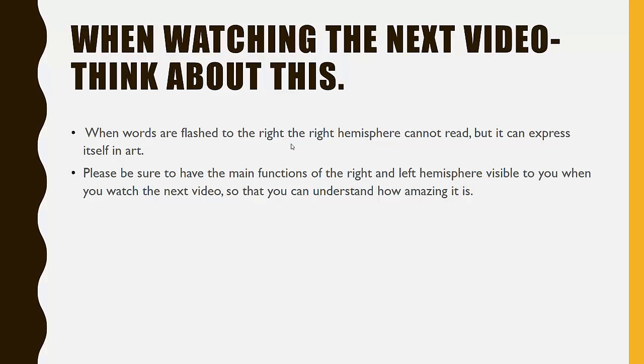patient. And what they're going to do is they're going to flash the words on the screen. And so when they flash things to the right visual field, which hemisphere is it going to go to? It's going to go to the left. So the left can read it. So when they flash a word to the right visual field, sorry about that, it goes to the left hemisphere so he can read it. But when they flash things to the left visual field and it goes to the right side of the brain, he'll say,